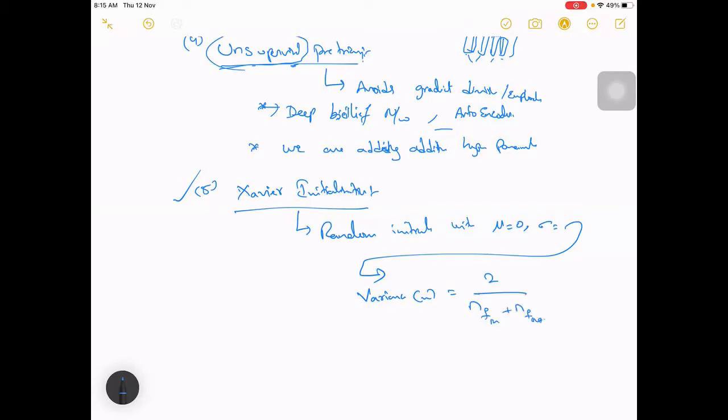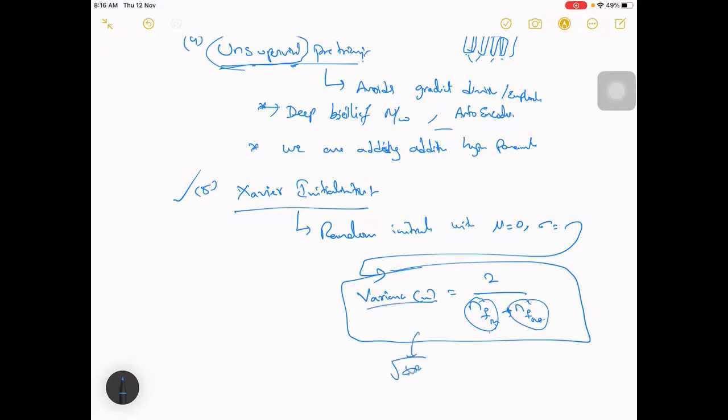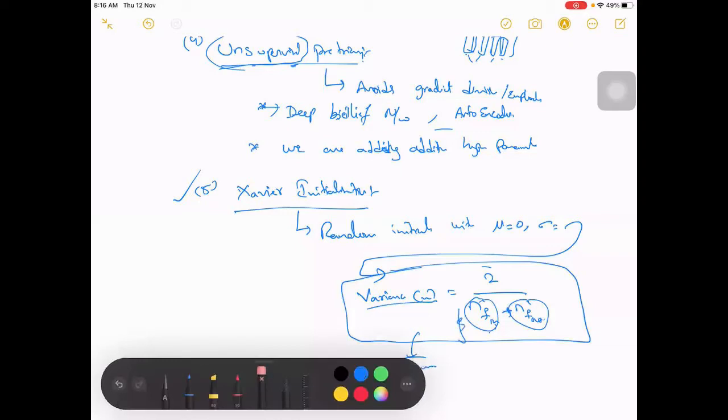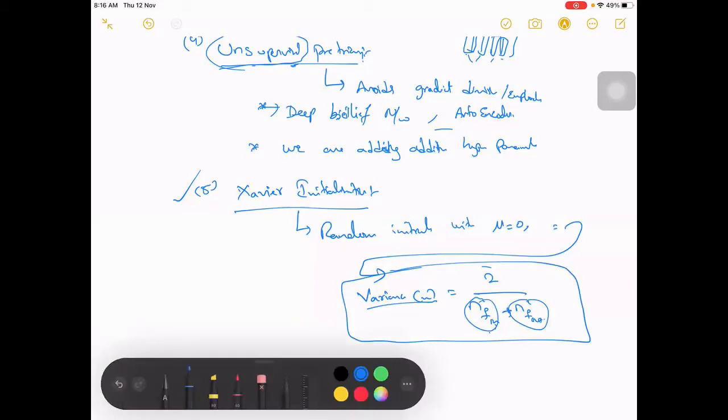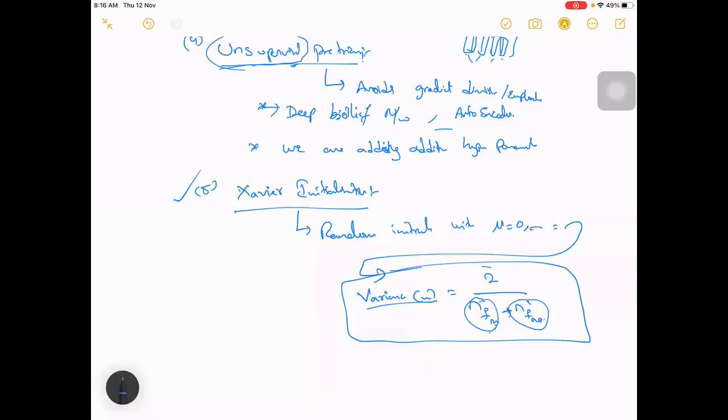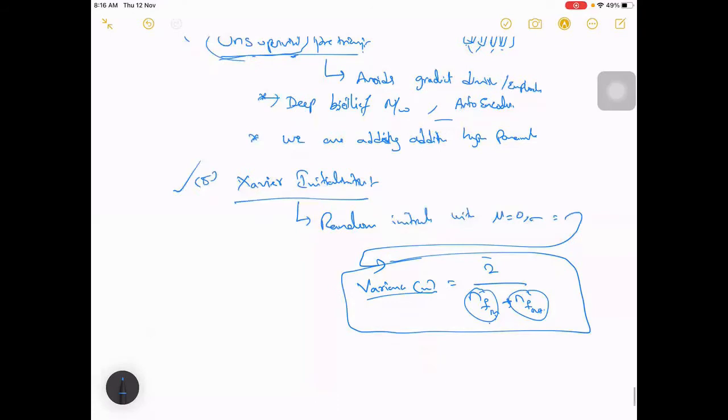Okay, so this is a formula which will be used, which actually means, nothing different, the number of input layers and the number of output layers. Depending on that it will take a consideration. So you have a variance, then standard deviation would be the root of your variance, right? Taking the root over here, you'll get the standard deviation. With that standard deviation, you'll be using it for random initialization. This is the most preferred network actually.